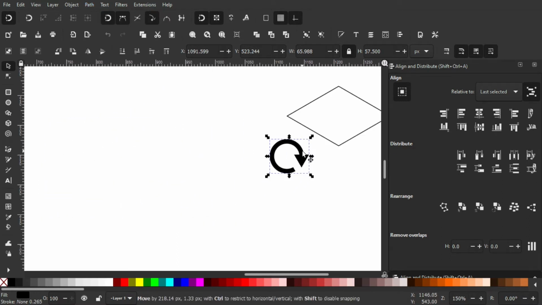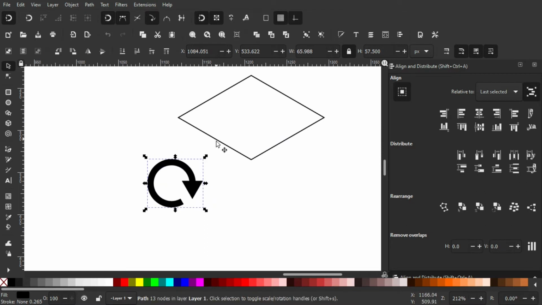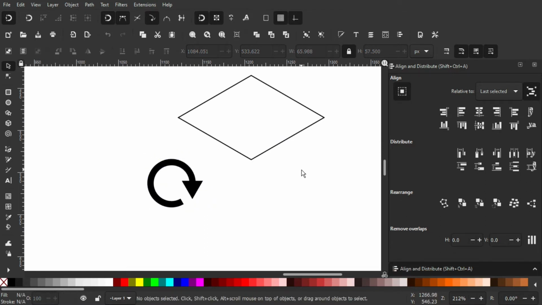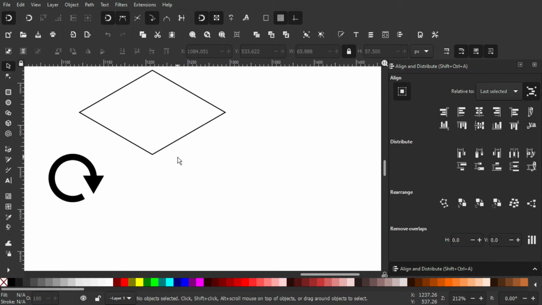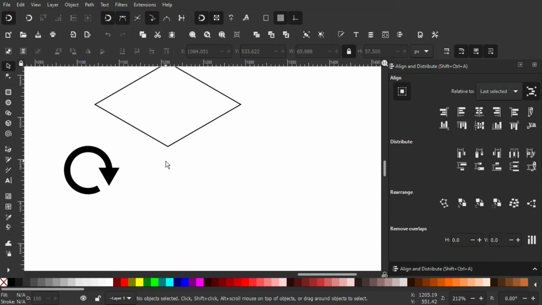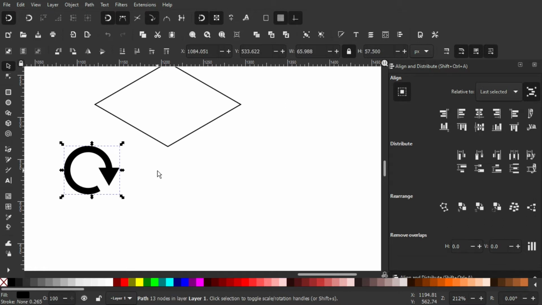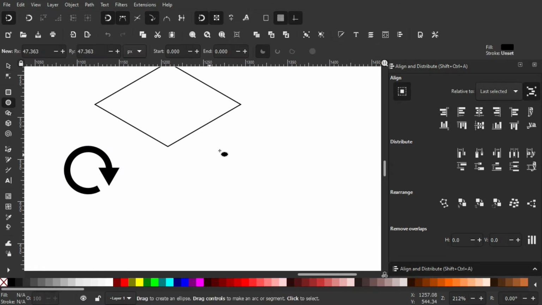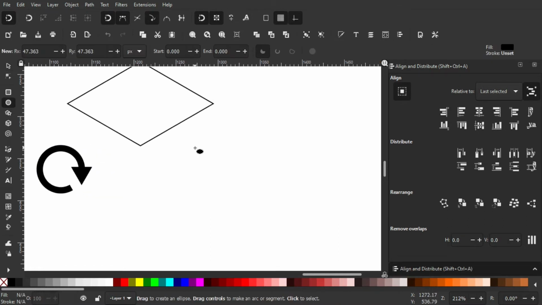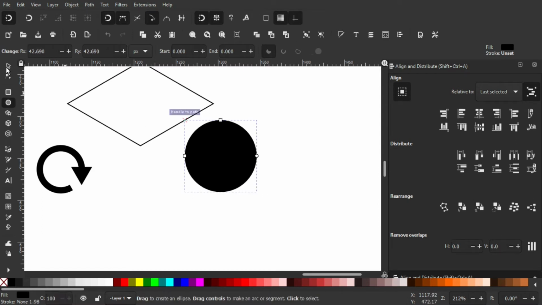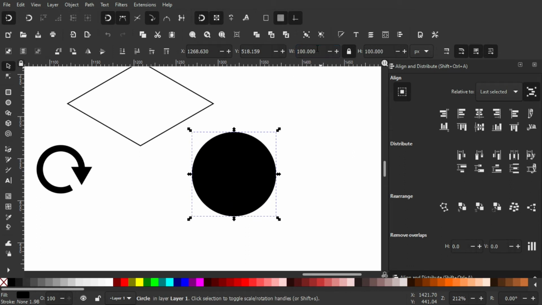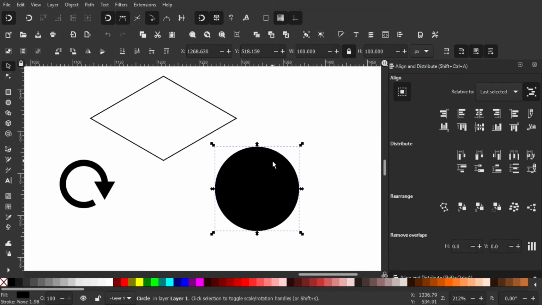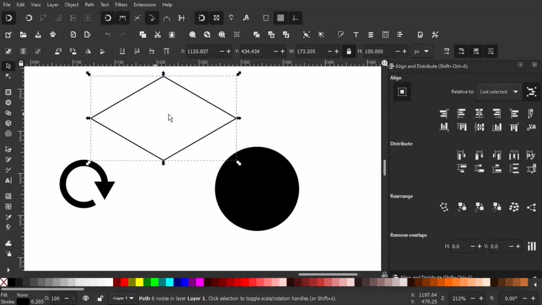Now we have these 2 objects over here, and now we're going to add another object, and it becomes an isometric podium for this icon. So with the circle tool, we create another perfect circle. Control plus Shift and make it bigger like this, and make sure the size is 100 pixels. We're going to morph it so the perspective matches this object over here.